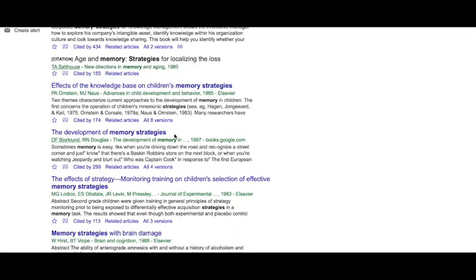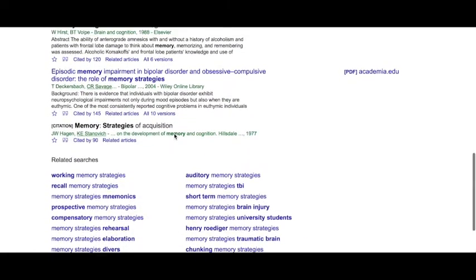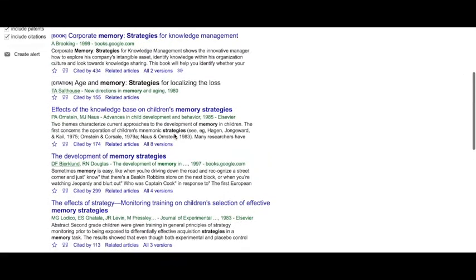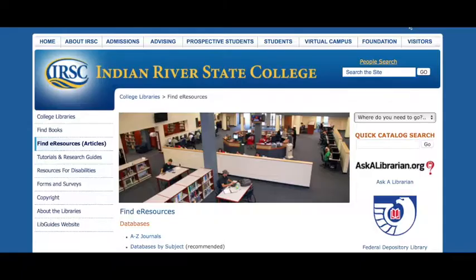new tabs and see which of the responses are available to the public for free, and then go further into those responses. But you can select any of the study activities or strategies from Module 5 to go further into detail with. Google Scholar is one of those sources you can use. In addition to Google Scholar, there's also the IRSC library. You can certainly go in face-to-face or view their website on the internet and look for their e-resources or their